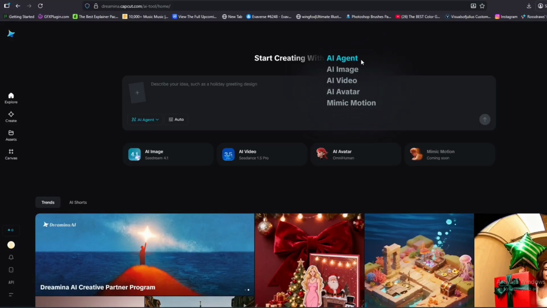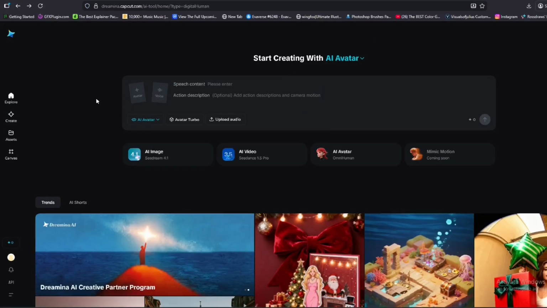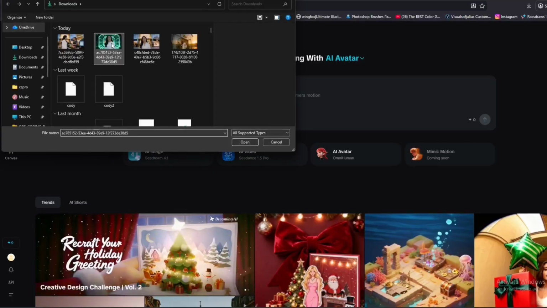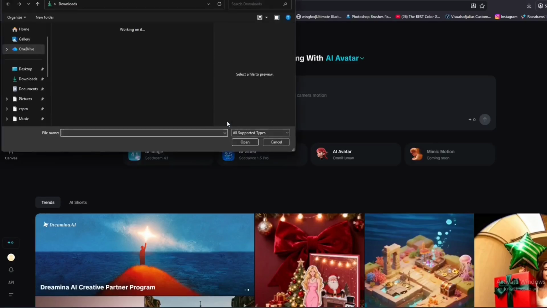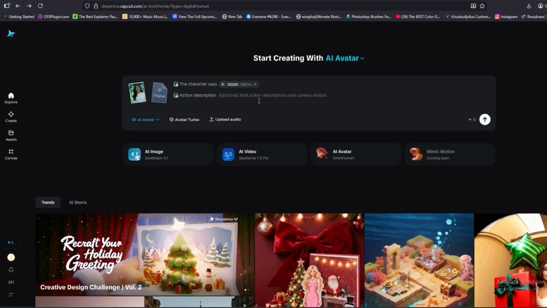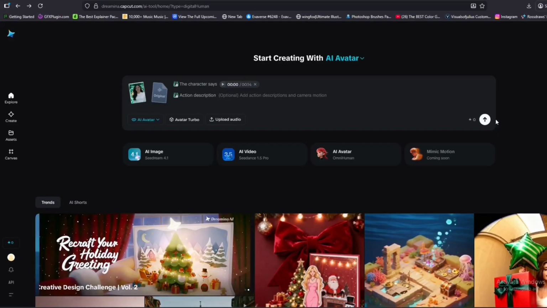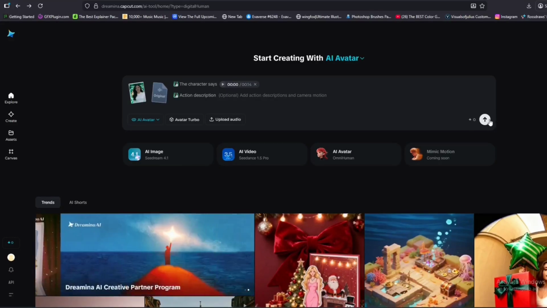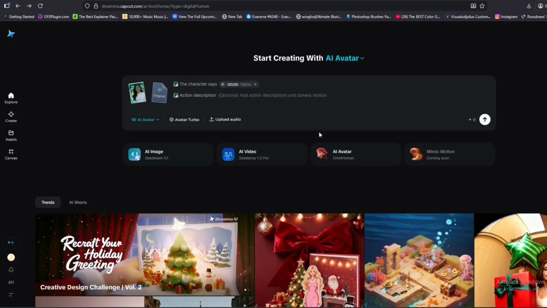Inside Dreamina, select the AI avatar tool, upload your close-up singer image, upload your audio track. Dreamina handles up to 15 seconds of lip sync at a time, so you need to trim your song into small sections before uploading. Bit of a hassle, but worth it for the quality. Click send, wait a few seconds to a couple of minutes, and